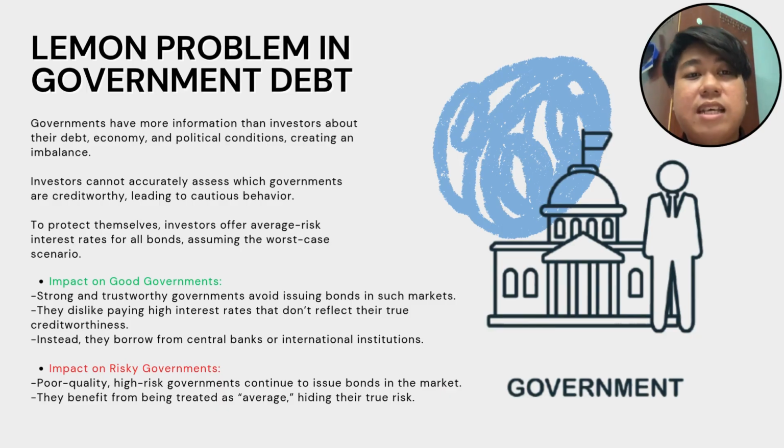So that's basically how the lemon problem applies to government debt. I hope this gives a clear understanding of how a market failure like the lemon problem can affect something as significant as government debt. So we move on to the next slide, which is the real life example of government debt in the